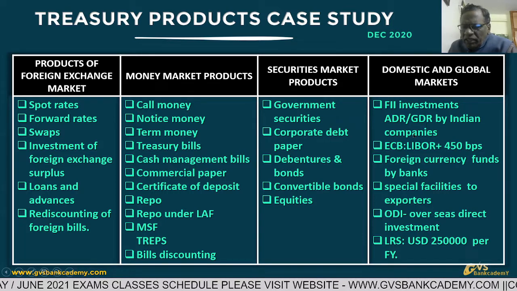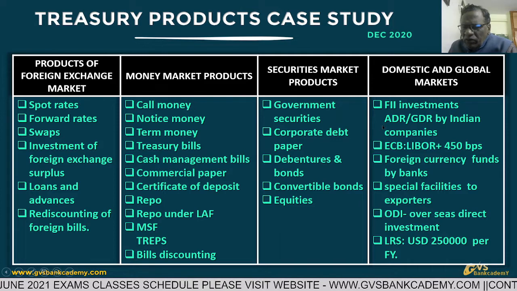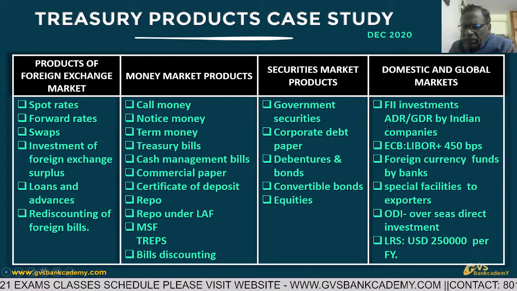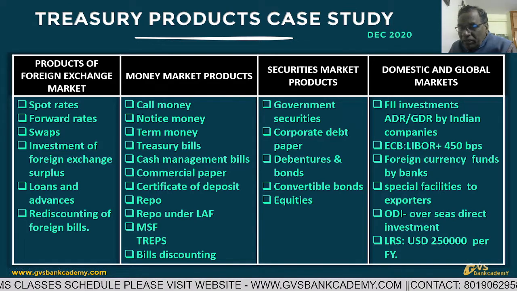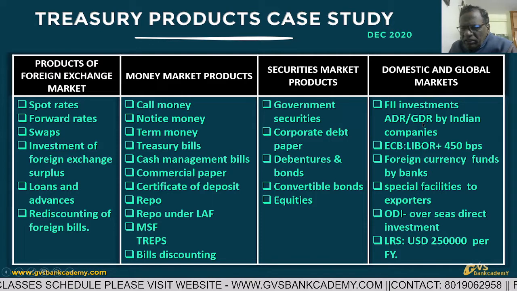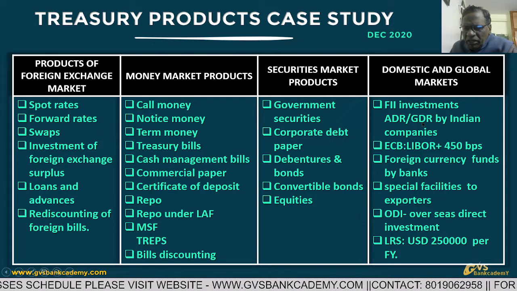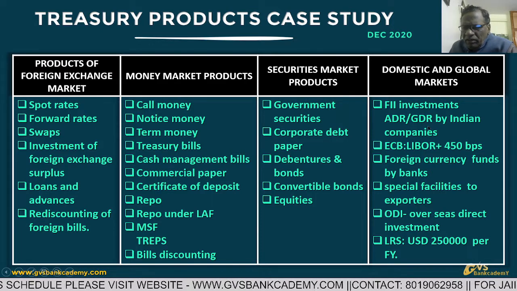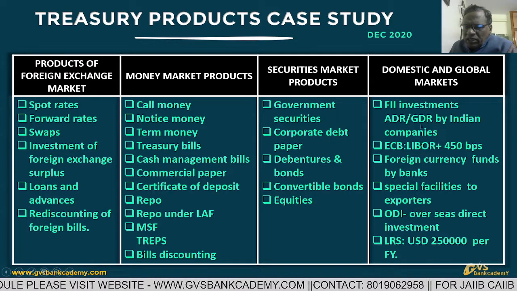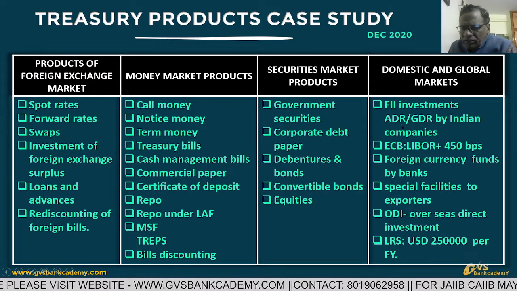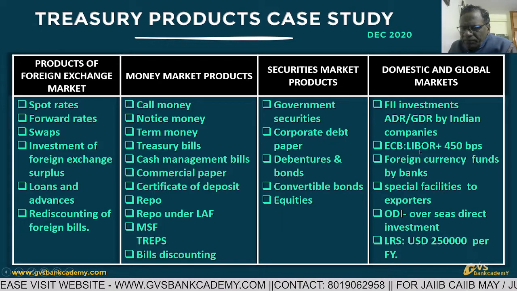Number 1, Indian companies are going to be recognized worldwide because of ADR and GDR issues. Sometimes they ask the question: ADR is denominated in dollars only, but GDR sometimes may be in dollars, or sometimes in other famous international currency, euro, other currencies also. This is about ADR and GDR.